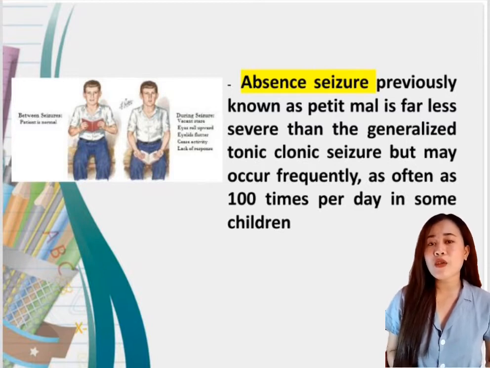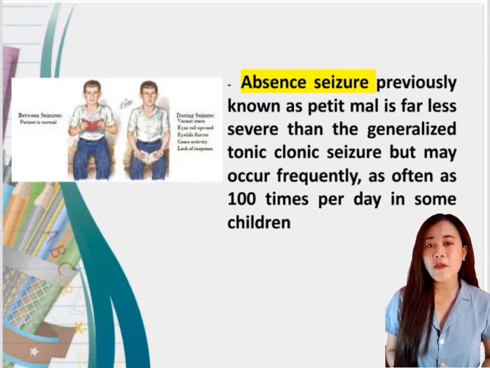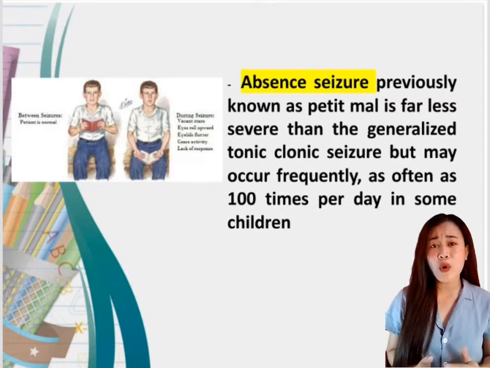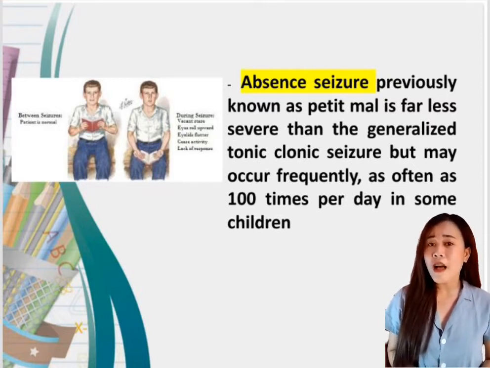Absent seizures involve brief, sudden lapses of consciousness. The child looks like he or she is staring blankly for a second, then there is a quick return to a normal level of alertness. Also, the child may flutter the eyelids, grow pale, and drop whatever he or she is holding.